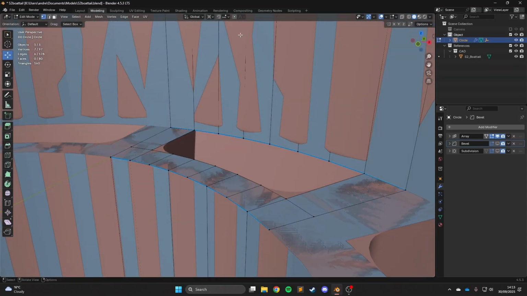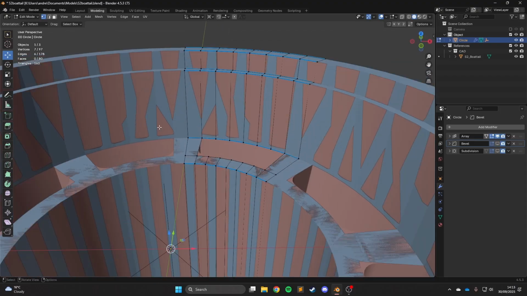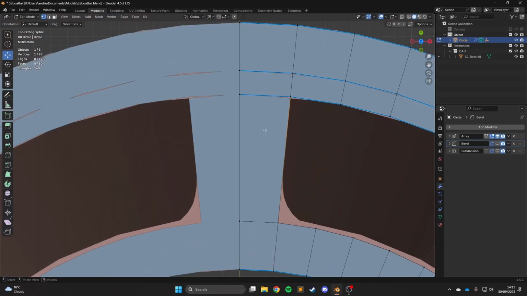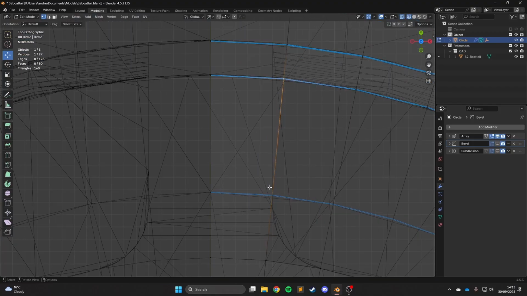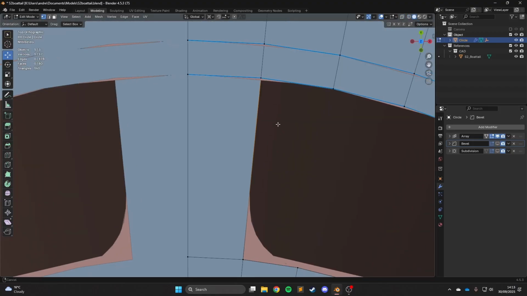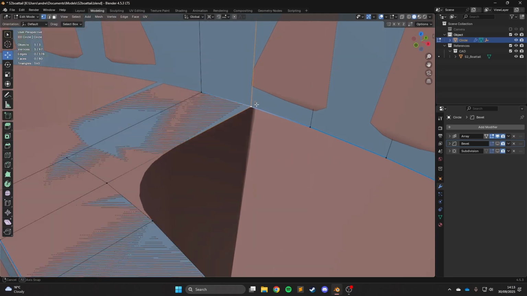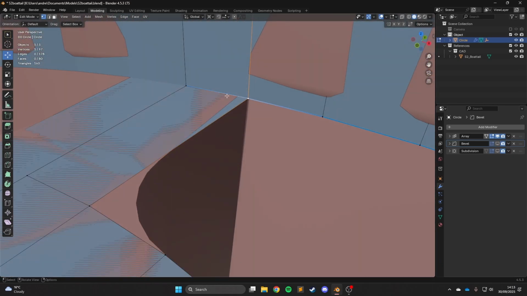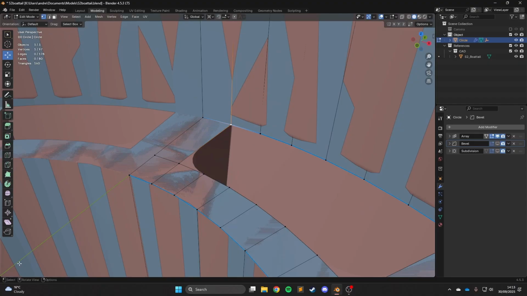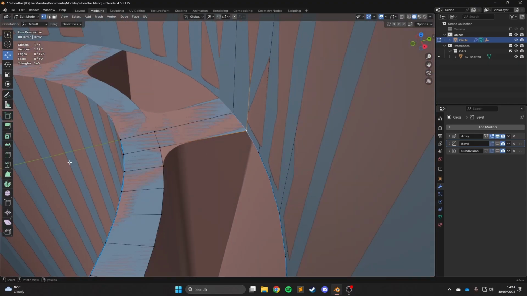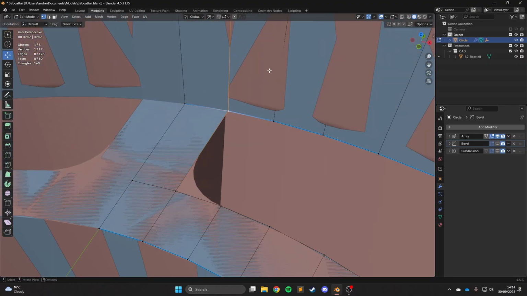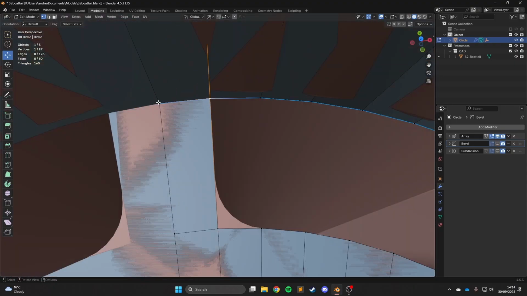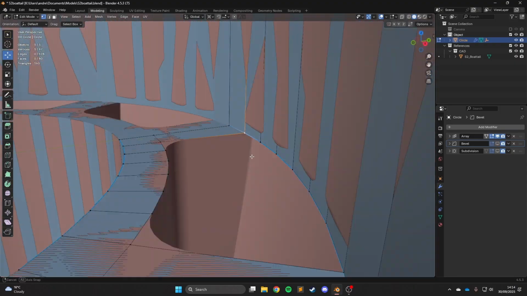Right, so what I'm actually going to do right now is adjust the positions of these. You can see in the model it looks like these are actually straight instead of following the radius of the shape, the circumference, or not circumference, sorry. They go straight relative to each other instead of relative to the actual radius of the circle. They're parallel to this line in the middle here. So what we're gonna do